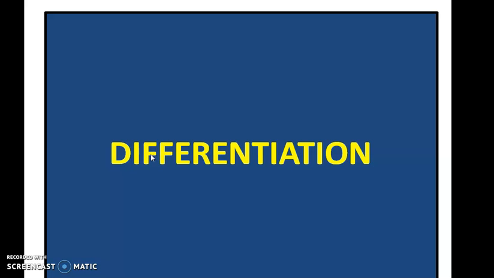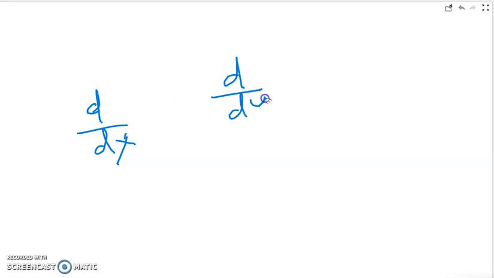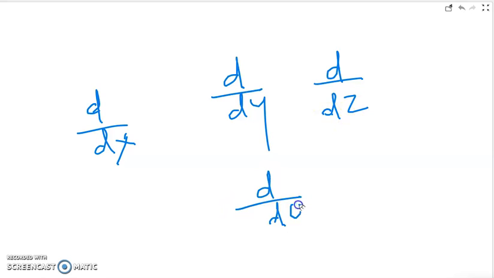We also have the applications of differentiation in chapter 2. Now, in this class, let's see the basic formulas which are used in differentiation. Differentiation is generally written as d by dx, if we are taking x as the variable. Otherwise it can be d by dy, d by dz, or d by d theta. Different variables will be used, but it is written in this way.